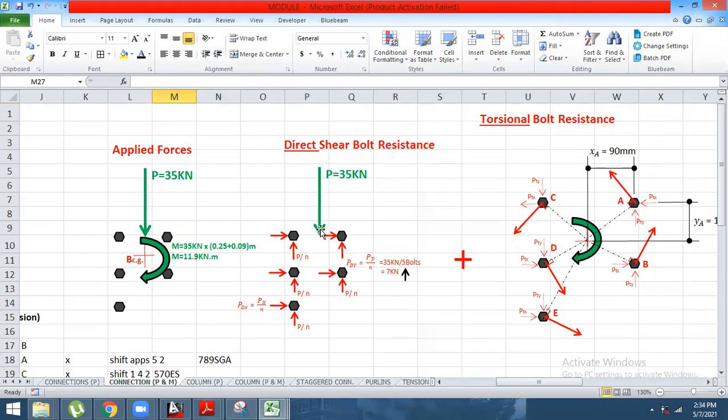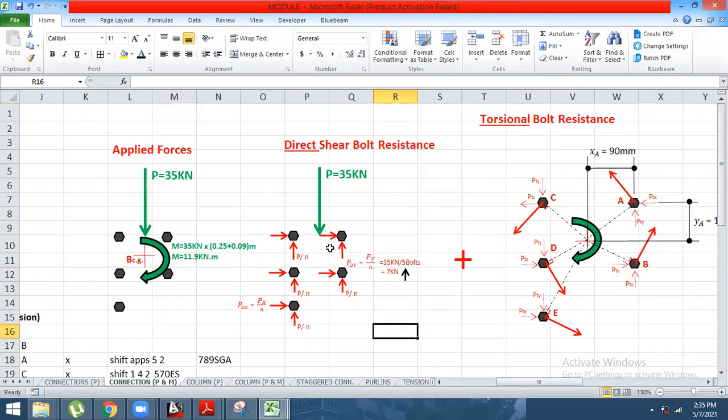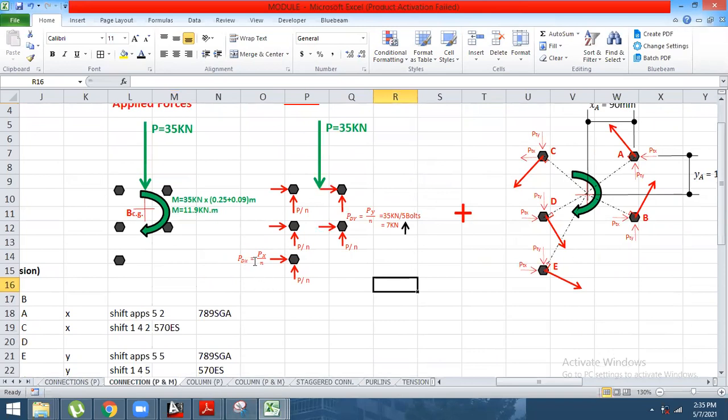Since there's a force downward, the counter force to be reacted by the bolts due to direct shear bolt resistance is upward, which is PDY, which is Py over the number of the bolts, that is 35 kilonewton divided by the 5 bolts, that would result to 7 kilonewton. Therefore, each bolt resists a vertical force of 7 kilonewton upwards in order for the connection not to fail due to axial. Okay,